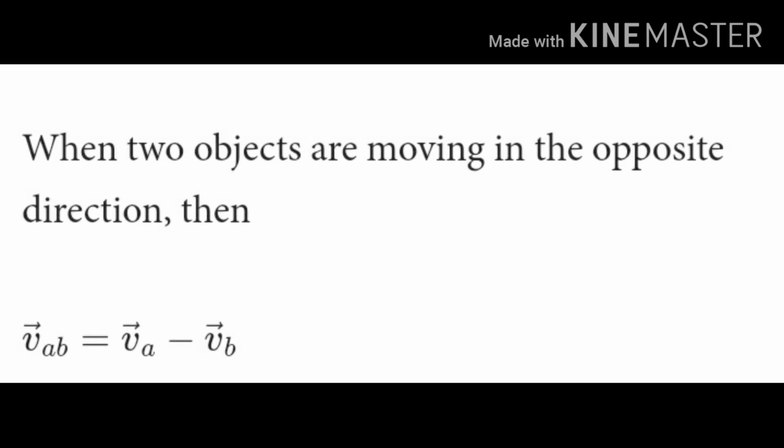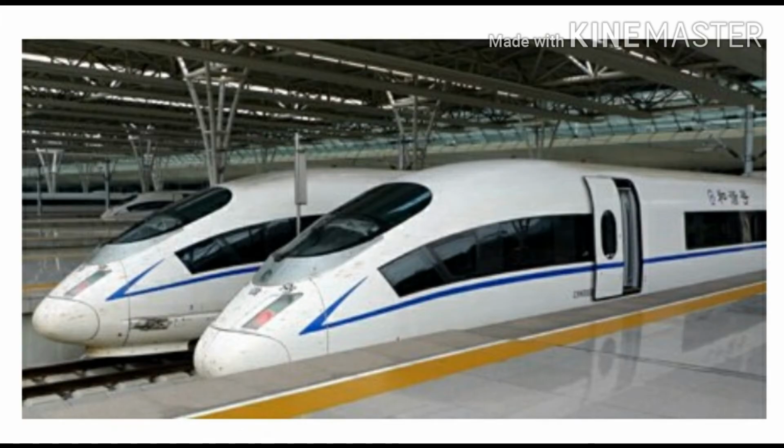Now let us understand the concept of relative velocity with this example. Consider two trains moving with the same speed and in the same direction. Even though both the trains are in motion with respect to buildings and trees along the two sides of the track, yet to the observer on one train, the other train doesn't seem to be moving at all. So the velocity of the other train appears to be 0. So this is our example of trains for relative velocity.